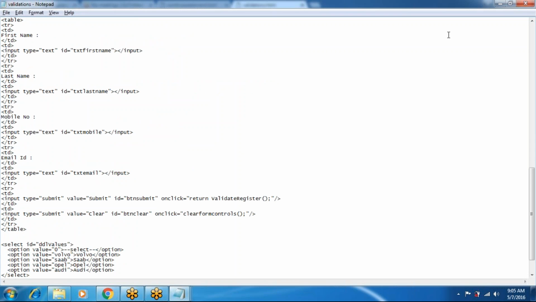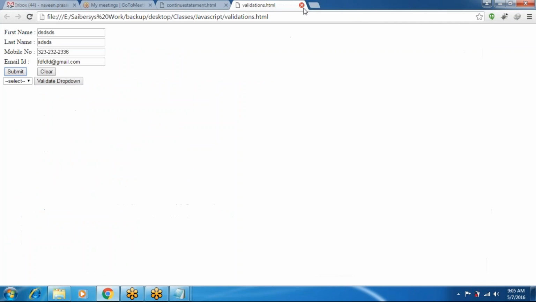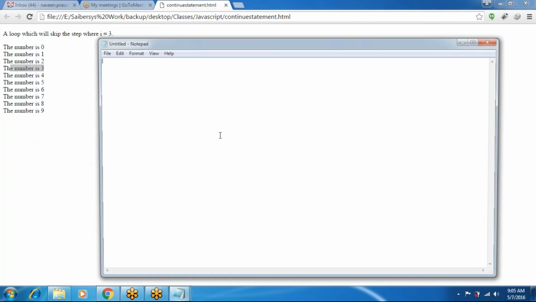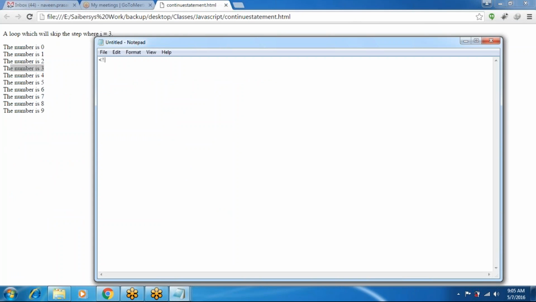So in this example, first create one HTML document: doctype HTML, head section, and body.